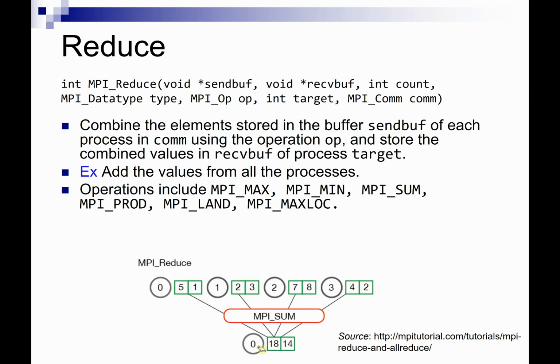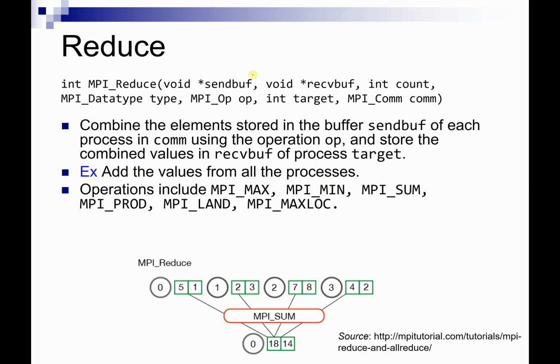Okay, so that is the reduce operation, right? We're going to take values from all of the other processes and then combine them. And if the other processes have a vector of values, then we're going to also produce a vector of values. Okay, so the signature for this function is basically so